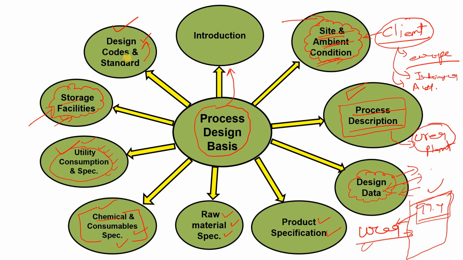If there is any special requirement from the client side, we also mention it in the design codes and standards. Let's suppose the plant has to be commissioned in Australia or Ethiopia or any other location, that information with respect to design code is also mentioned here, so that we can procure accordingly. Are you getting my point? That is the information provided in the process design basis. There could be some other minor and major information mentioned in the process design basis. That also depends on the project, but mainly this is the information we provide in the process design basis.